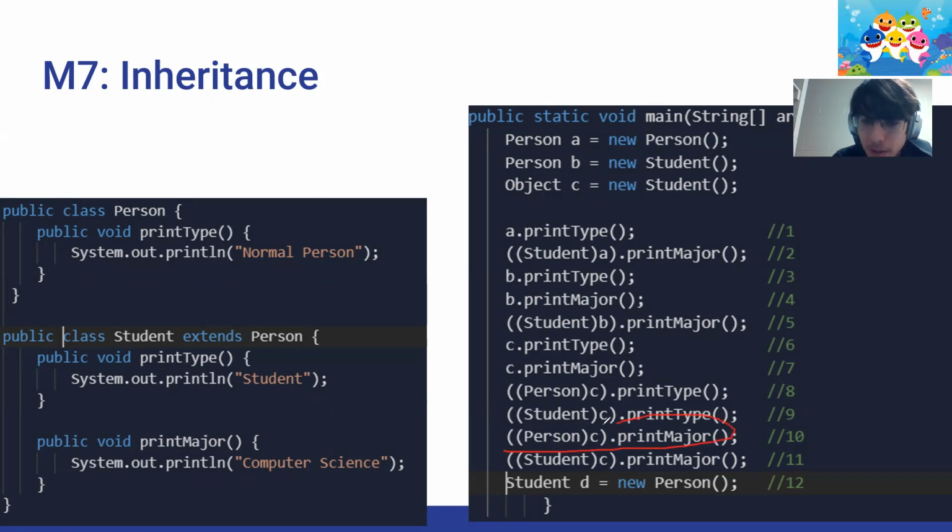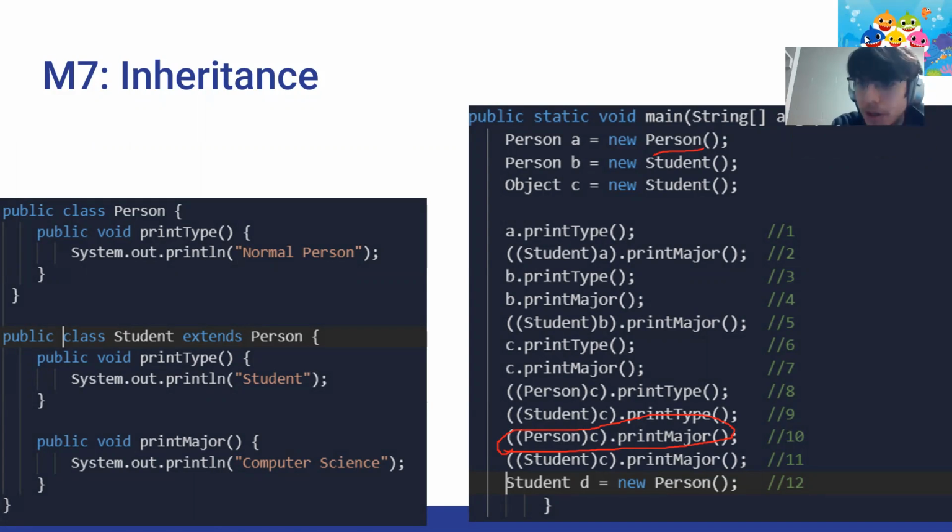Person C dot print major, okay? The important thing here is that person is a person, right? So at compile time, let's check compile time. C is an object, but notice we cast it to a person. So that's not a problem, right? It's a person now. But when we do person.print major, we go into the person class, and person does not have a